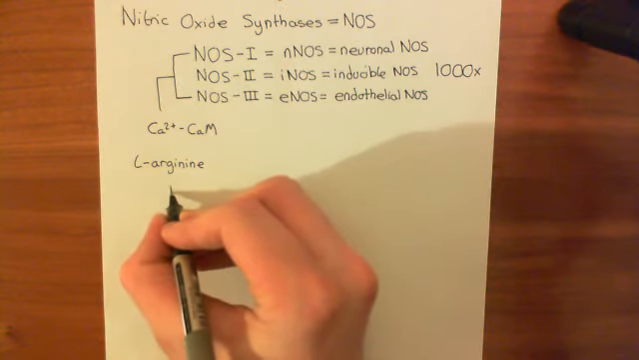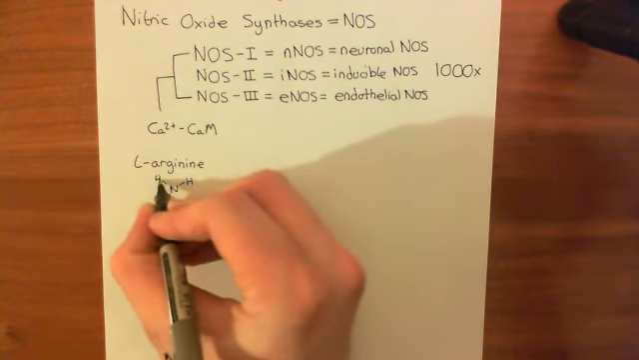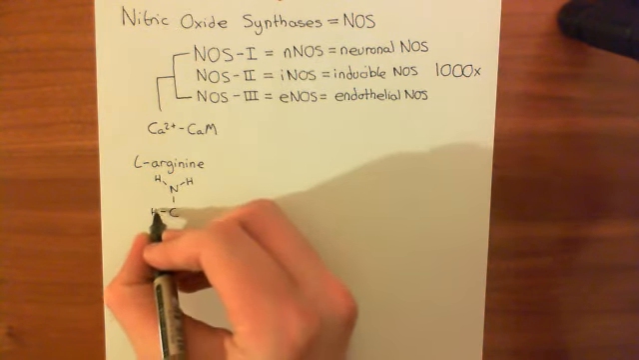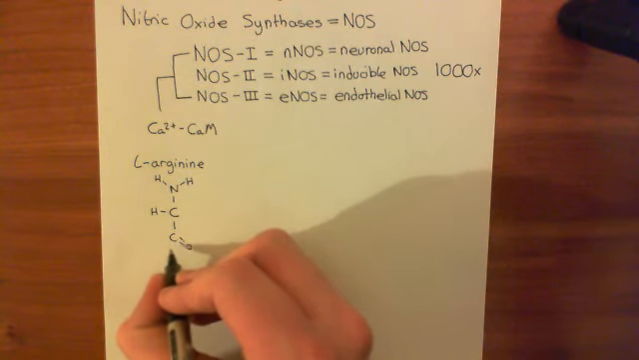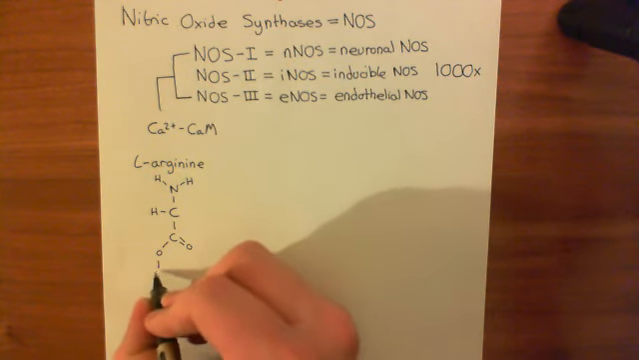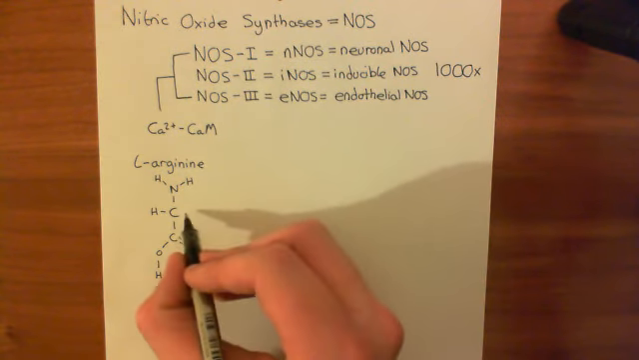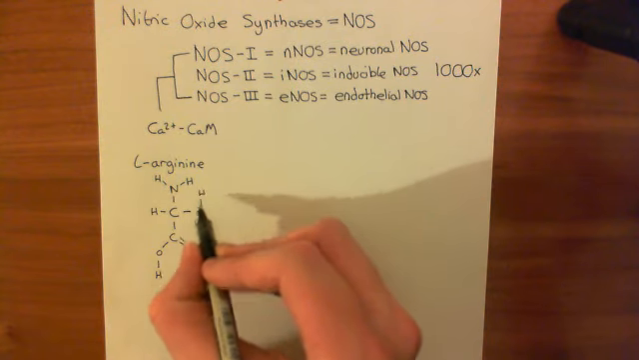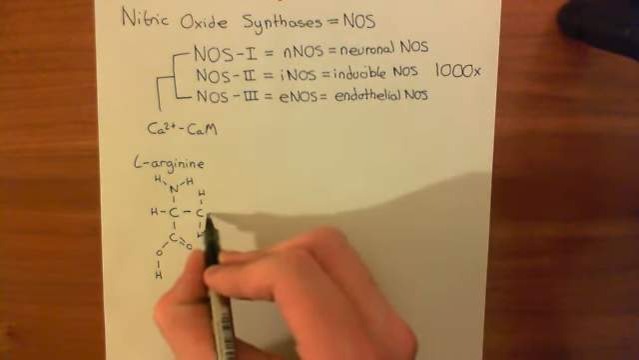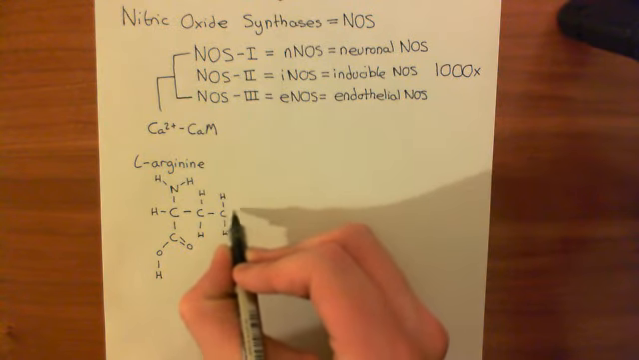So let's start with the basic amino acid structure. So here's the amino group of the alpha carbon, which is here. The alpha carbon also has a hydrogen coming off it. And here is the carboxylic acid group of that alpha carbon. Okay. Then, the R group of L-arginine looks like this. You have 3 methylene groups, so methylene, methylene, another methylene,